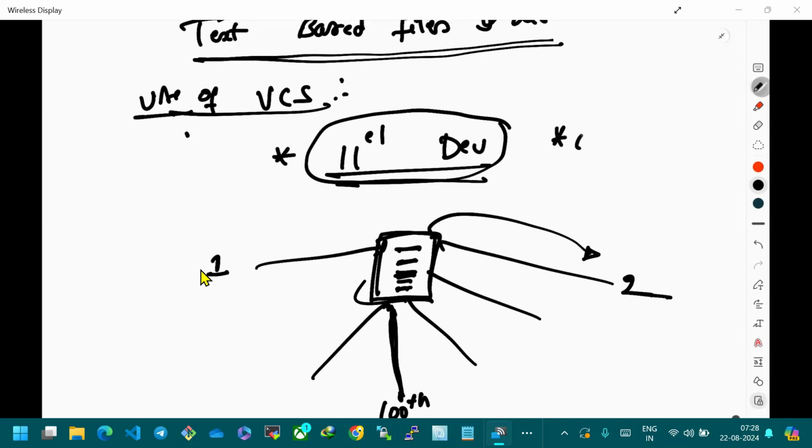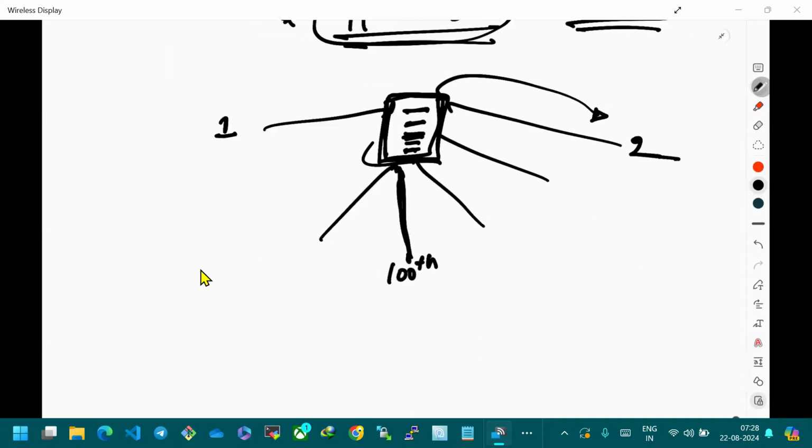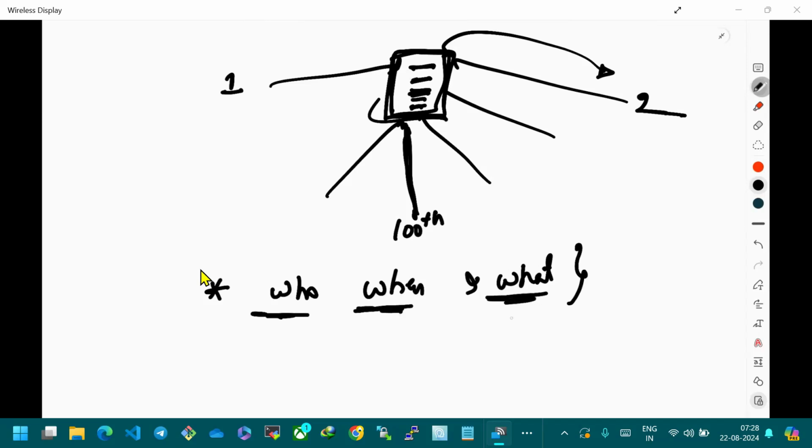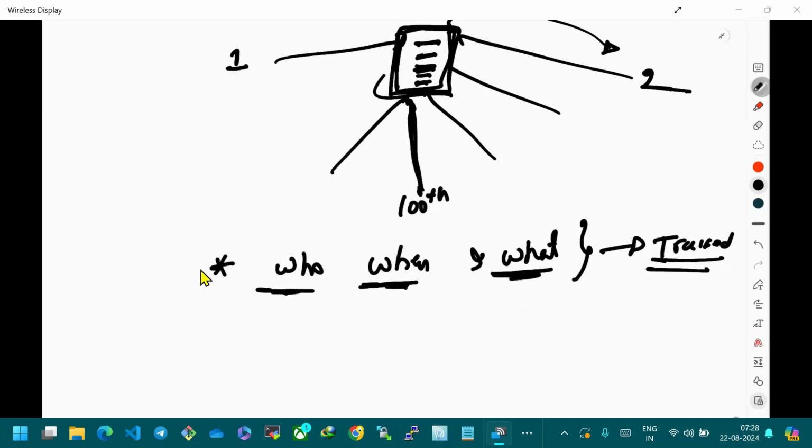The second advantage is authorization. You can add whoever is authorized to perform operations on this centralized repository. That is the second one. The major advantages are who, when, and what. That is, who made the changes, when he made the changes, and what changes he made. Everything is tracked. That is the major advantage. And